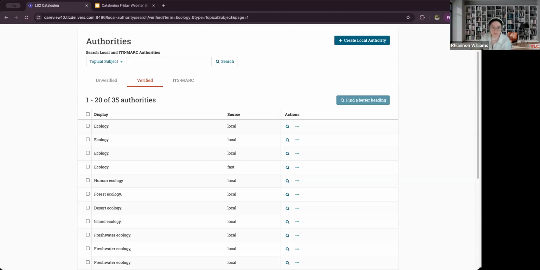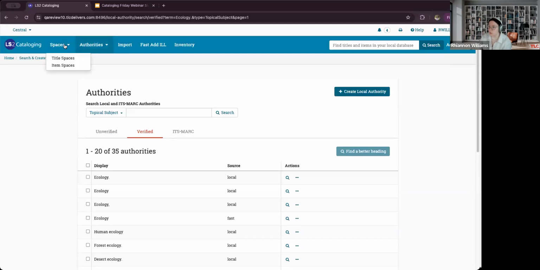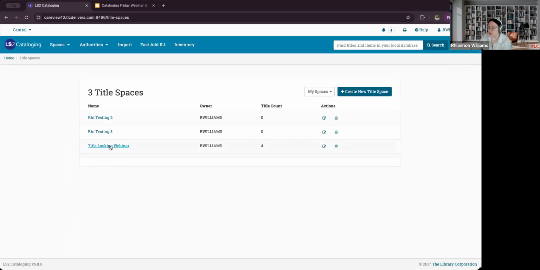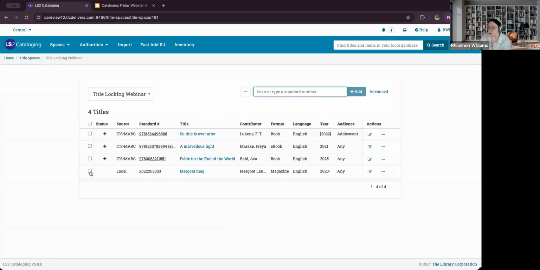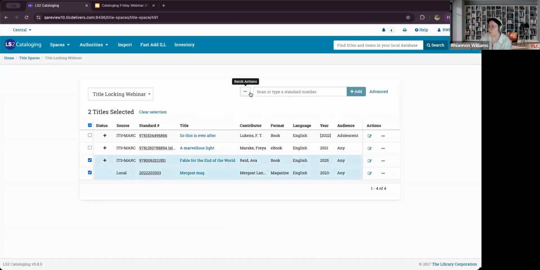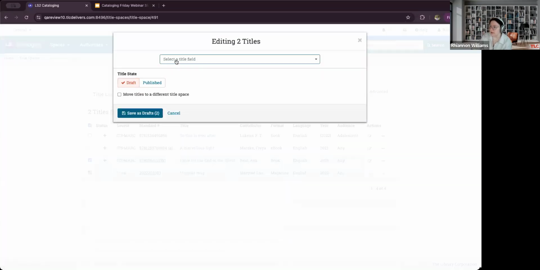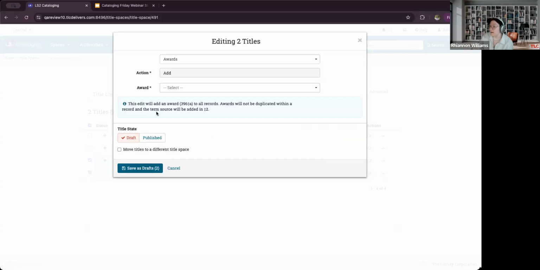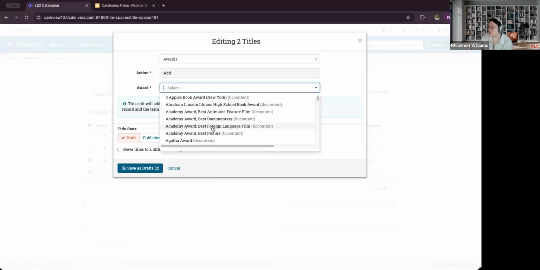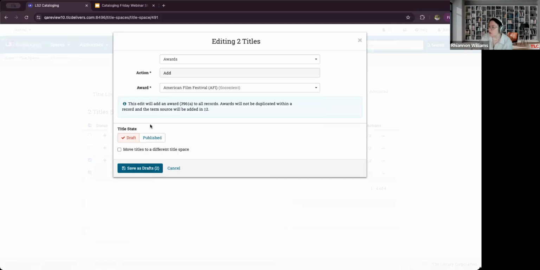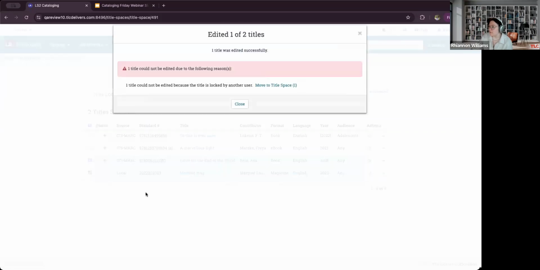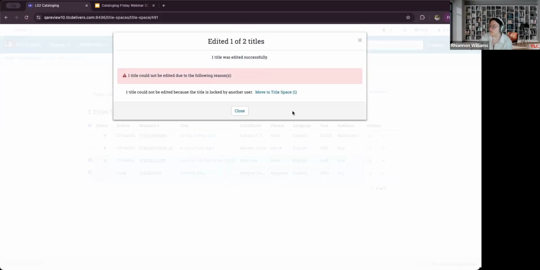And let's see. I can also show what it looks like for making changes like batch edits as well. So if I want to come up here to these titles and I want to batch title edit, say I want to add an award to them for some award, we'll just select one, and this will add a award field to it. And I want to leave it as a draft. Choose save as draft and go through,